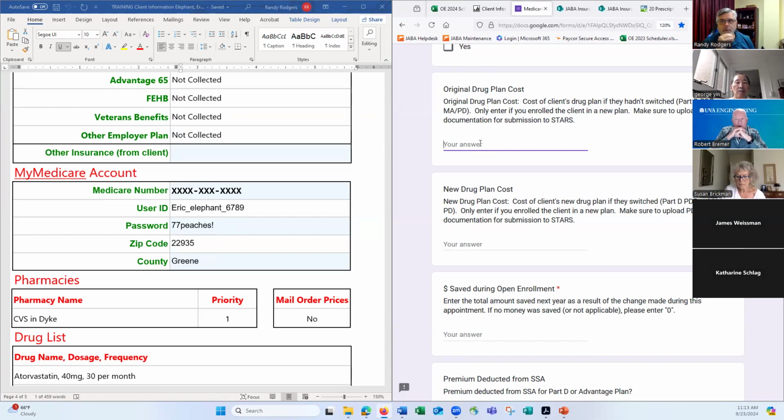So if they go, okay, well, I think we're going to be getting our prescriptions at CVS, and on their original plan, the plan they would be on if they didn't change, their total amount comes up to, at CVS, for the plan and paying the premiums of $1,025.63, and the new plan is going to be,